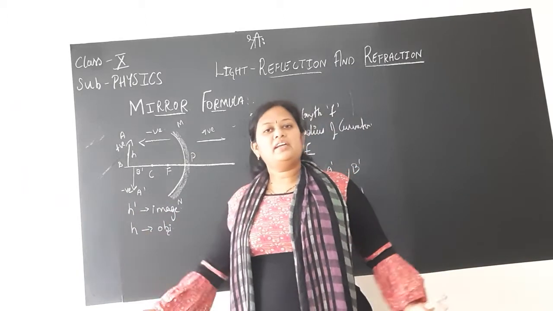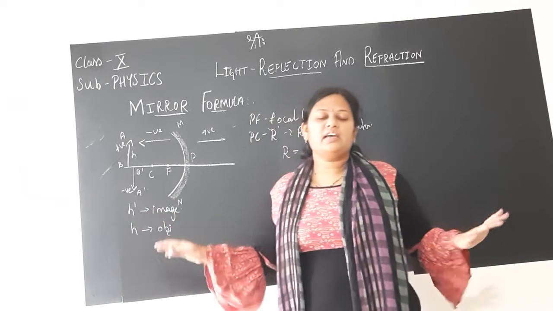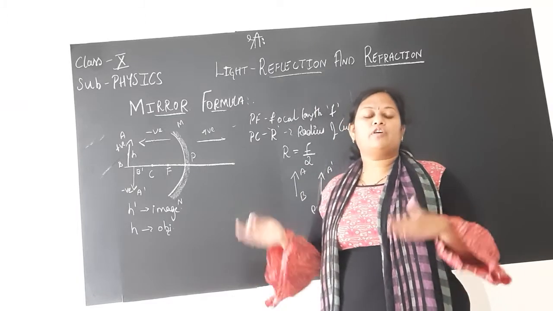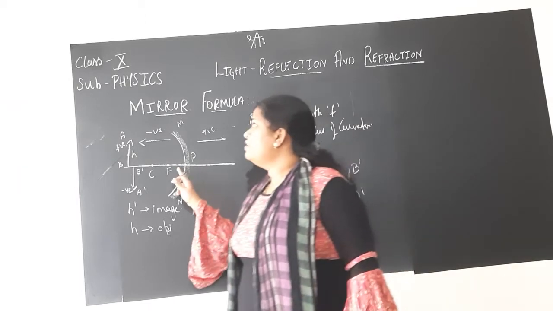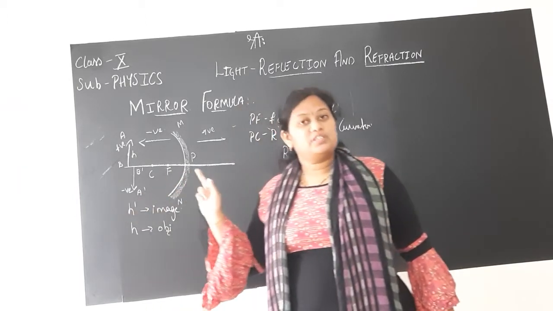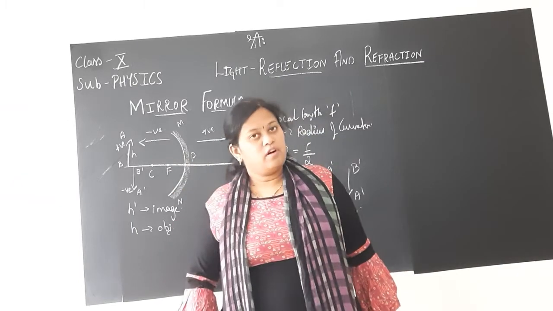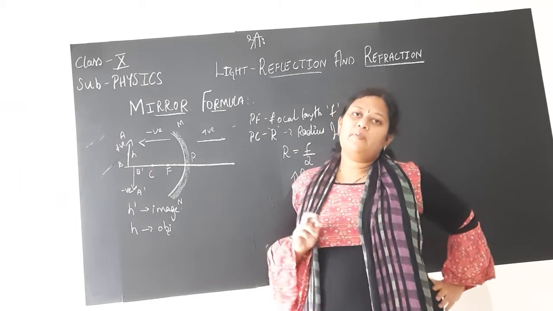This labeling you will have to remember, and you cannot change its labeling. You have to label it as it is. You cannot say x dash x, y dash y, nothing can be used. Heights always taken as h and h dash for object and image respectively. And as the first point of the sign convention says, all the points are measured starting from the pole of the mirror.